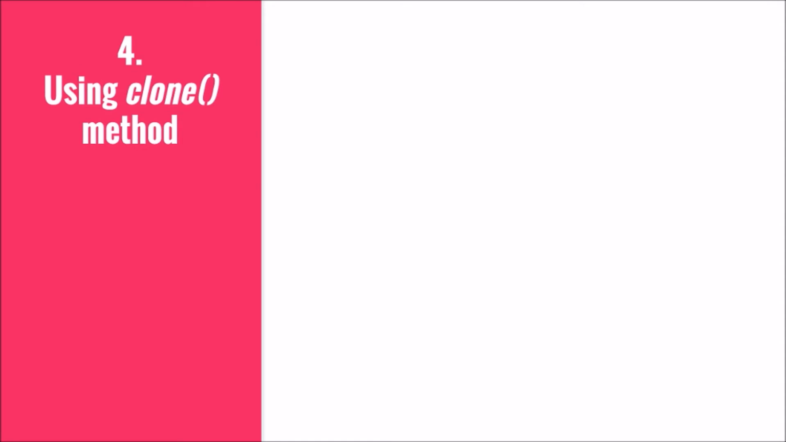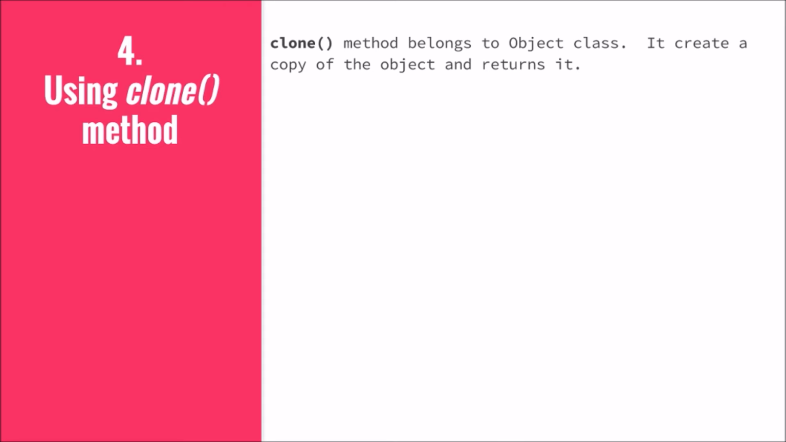Now the fourth method is using the clone method. The clone method is a method on the Object class. It creates a copy of the object and returns it. So here is an